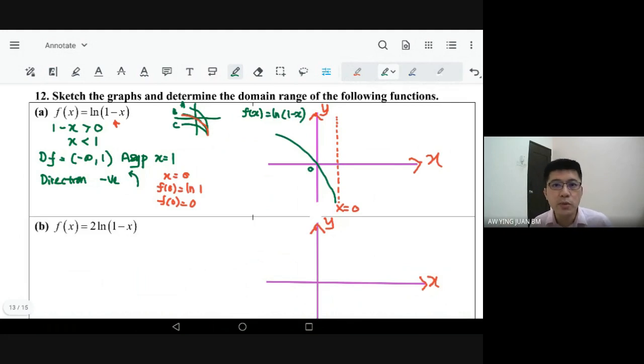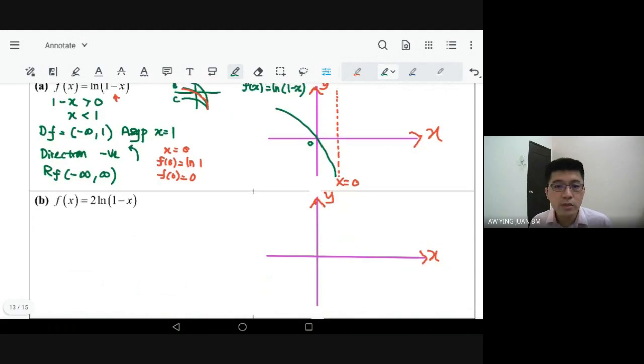So next kita perlu tentukan apa? Iaitu range. So range dia adalah negative infinity until positive infinity. Harap boleh ya rujuk graph. So kita pergi ke B pula sekarang. So sekarang kalau you rujuk B, benda yang sama. Okay, benda yang sama. So tadi adalah ln(1 minus x). Sekarang adalah 2 multiply with ln(1 minus x). Proses dia sama, iaitu yang pertama